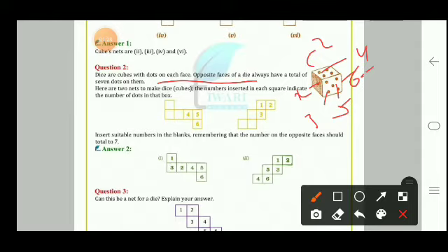Here are 2 nets to make the dice. We have to tell the numbers so that we can have the die. We can see 4 here. As we know, when we fold this and make a cube, 2 will come here, 1 will come here, and 3 will come here. If you cut out the net, like in the lab manuals where grid pages are given at the end, you can use those pages. In this one also you can see 4, 6 and 5 are coming here.